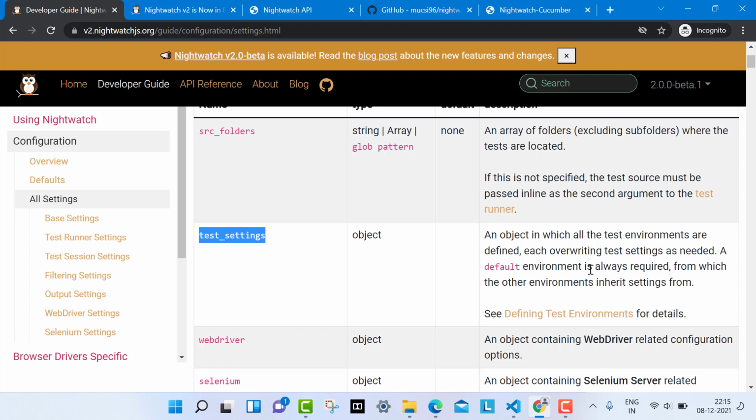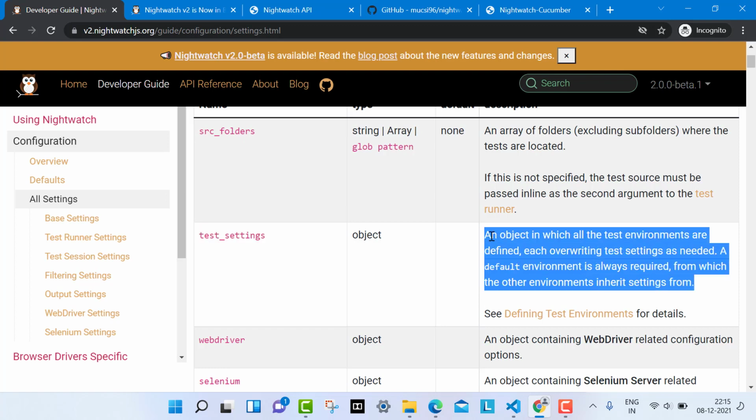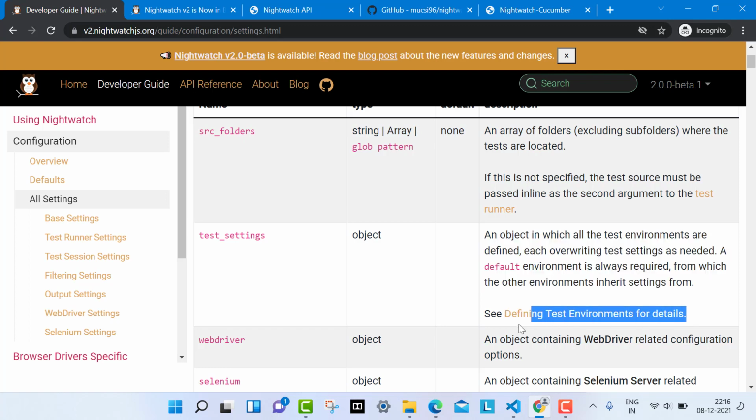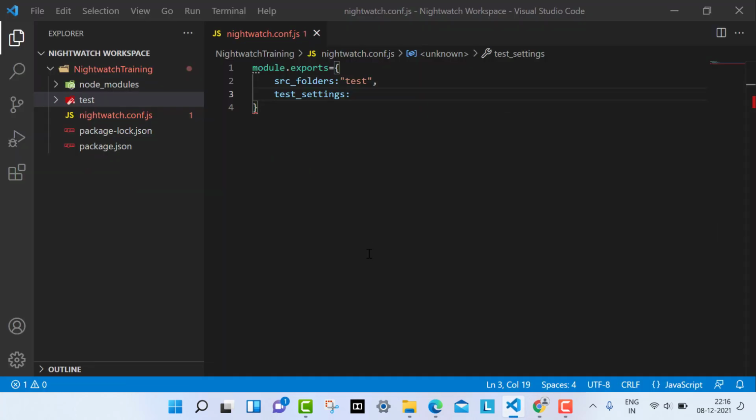A default environment is always required, from which the other environments inherit settings. Okay, and they have given how you can define the test environment. From now, what I'm doing is I'm not defining any test settings, but just creating a blank object.